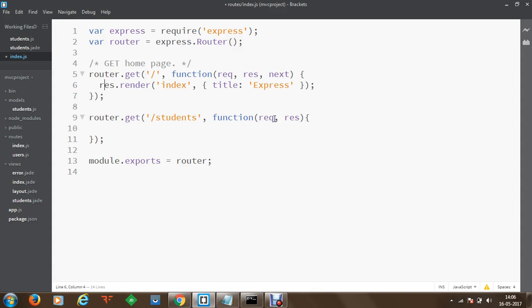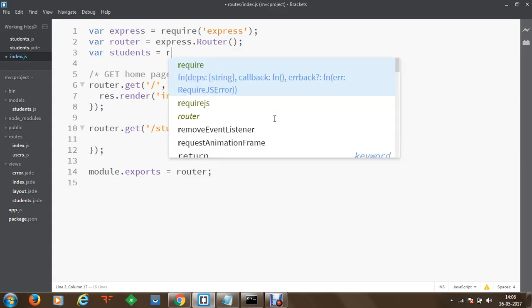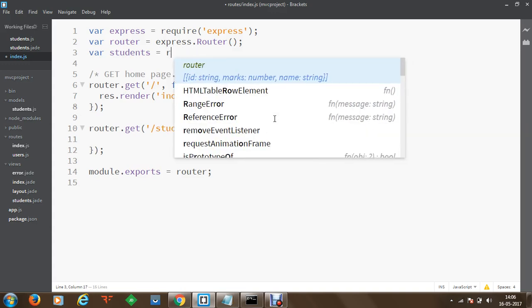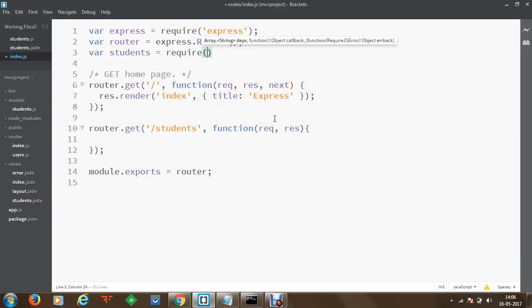To do this, first of all we need to get access to the models, and the models are available within the models directory. So I'm going to get the students from there. I'm taking this variable as students, and I'm going to use require. Using this require, I'm going to import the information.